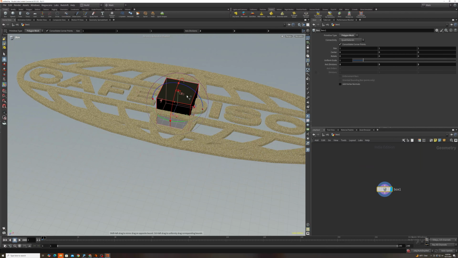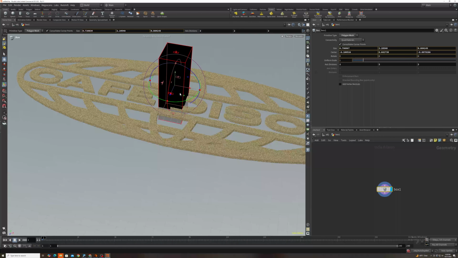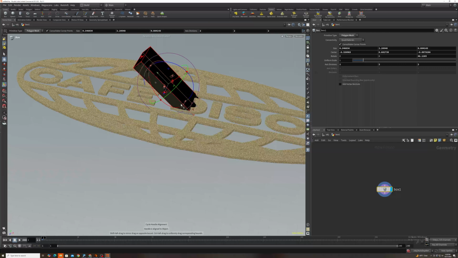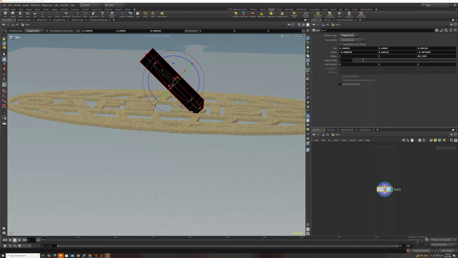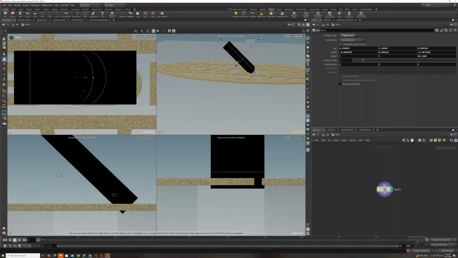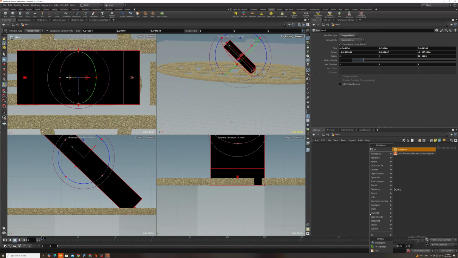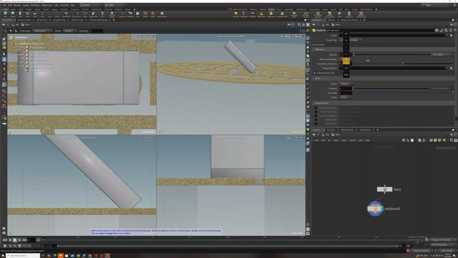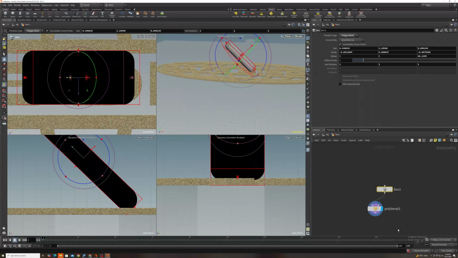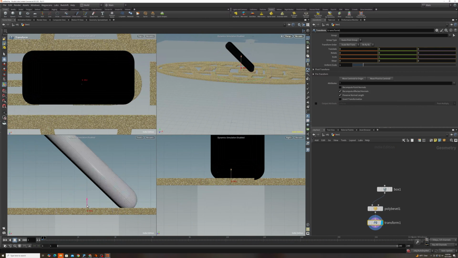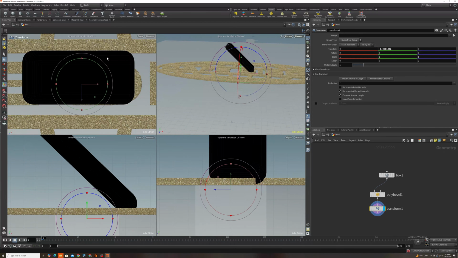But here I'm just creating a box, modifying it so that it looks a little bit more rectangular, kind of like a grade school eraser type shape is what I was going for. And I'm just angling it a bit, and I'm going to drop down a poly bevel node with tab poly bevel, and then I'm going to bevel it to my heart's content, and then I'm going to hit a transform node and just get it right on that axis right there,